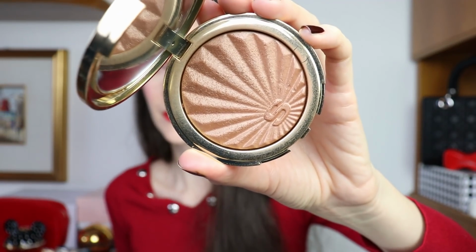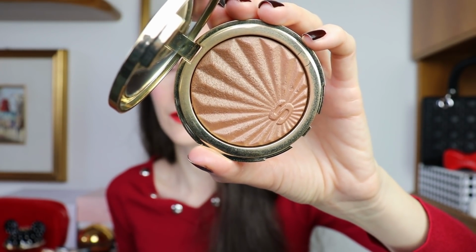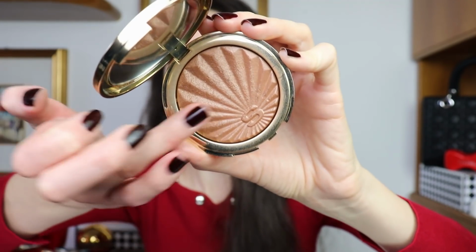Next, moving on to bronzer, and for bronzers, these are both new discoveries of 2020. These are bronzers that I found this year, and one of them is the powder bronzer by Sisley, which I have been showing a lot recently. I love this bronzer. It looks very beautiful and it's a luminous bronzer. And I have been showing this bronzer a lot recently in a lot of my videos. I think that it's suitable for